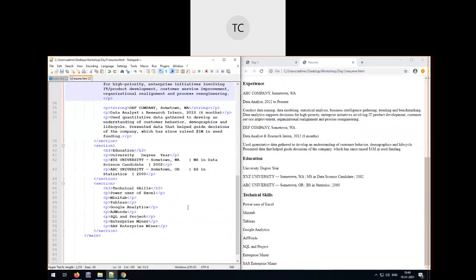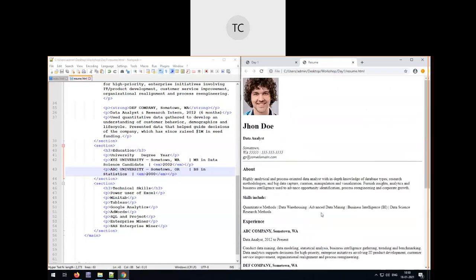Then we want to emphasize this year, so maybe EM tag on these years wherever we are defining. So when you refresh this page, this is what happens. Your company is bold and your year is italic, and so on, right? So that's how we create our entire